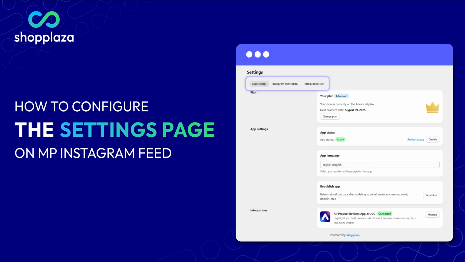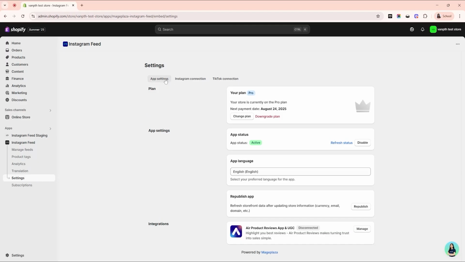Learn how to configure your app settings. Go to Settings in your sidebar and click on the App Settings tab. Here you can manage 3 key areas: your plan, where you can change or downgrade your subscription; app settings, to